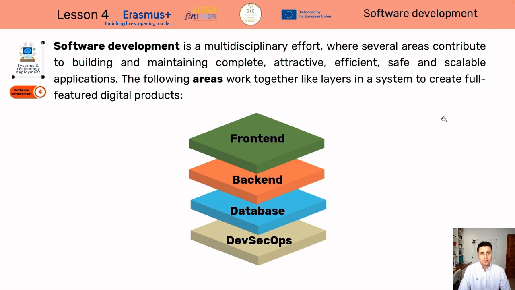Once we know how our solution or our software is going to look, and how it's going to interact, with the interactions and the movements coming from the UX and UI, it's time to start the software development phase. Here it's a multidisciplinary project where we can identify four blocks or areas to develop. They are like layers: front end, back end, database, and DevSecOps. Then the four areas are part of digital products.